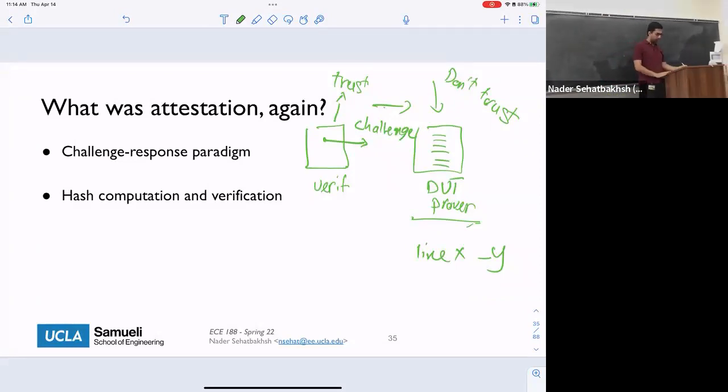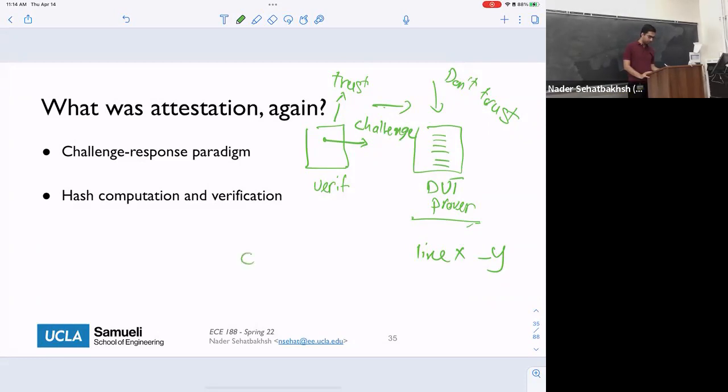So the first step is sending the challenge, which is usually some sort of values. We send it to the prover. The prover has to compute the hash over this challenge, and then send the hash value back.